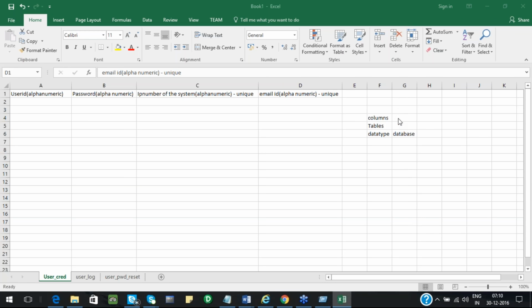Asha is asking, can you please give an example of clients who will accept the same email ID for multiple user IDs? You have many banking applications where your email ID can be the same for multiple user IDs. Say I have a savings account with one bank and a credit card account with the same bank.